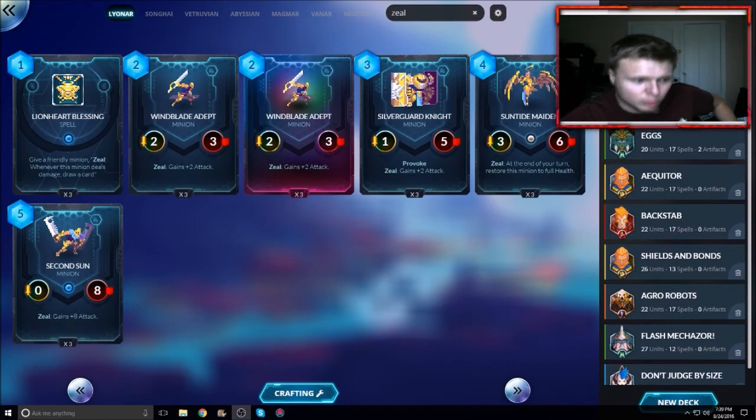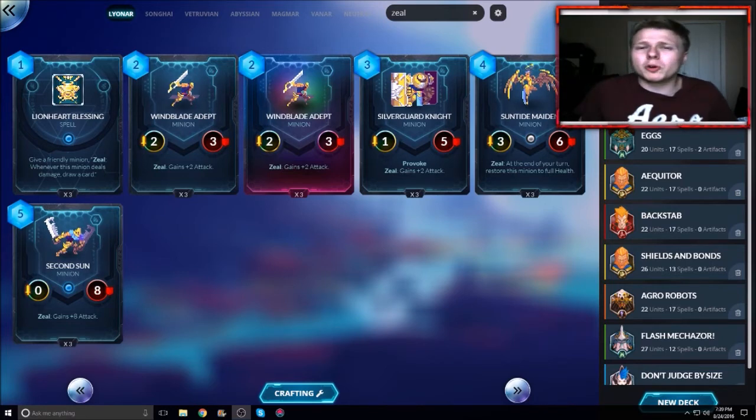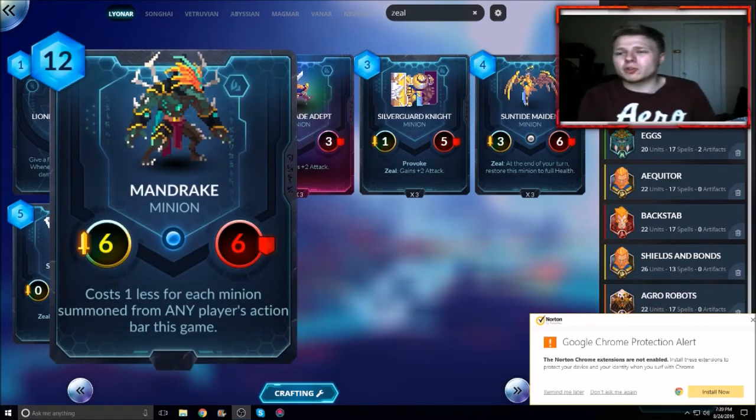Anyway, so the next cards we're going to talk about, we have 3 creatures to go over. We'll go worst to best, in my opinion, and then we'll talk from there. The first one we're going to talk about is called Mandrake. Mandrake is a 12 mana